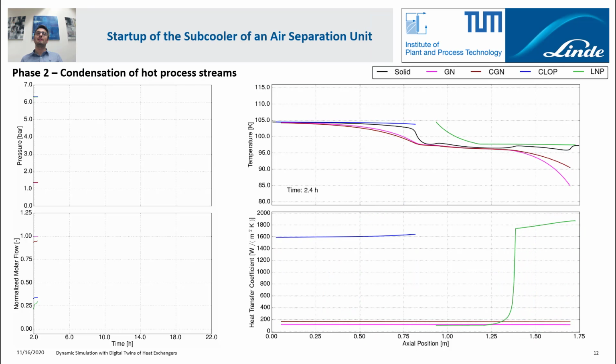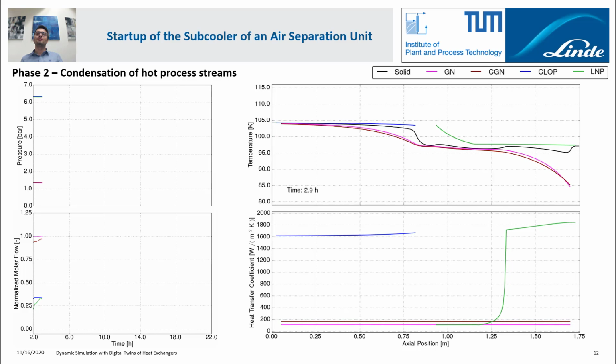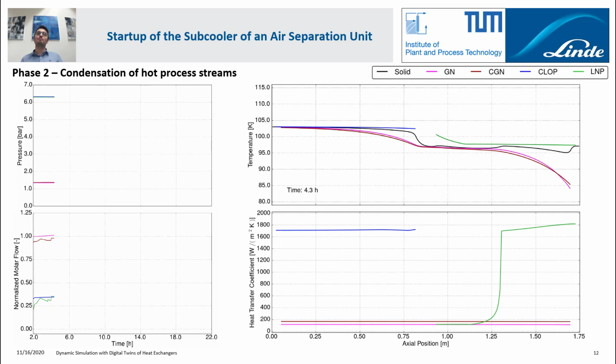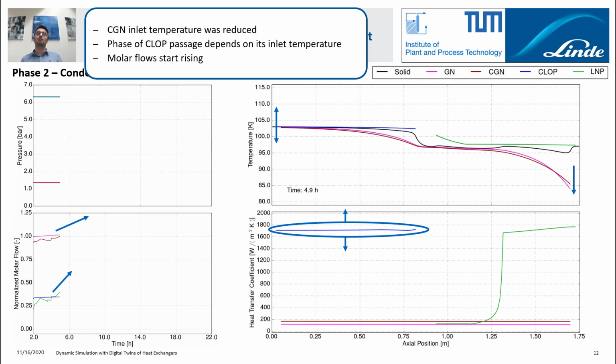Let's continue the simulation. You will notice that the CGN temperature drops down in addition to the GN temperature. Furthermore, the inlet temperature of the CLOP passage has changed and has dropped down and risen again. This means that the heat transfer coefficients of the CLOP passage have changed too. If the temperature dropped below the bubble point, we had a single-phase liquid CLOP passage with low heat transfer coefficients. At this point in time, we now have a two-phase CLOP passage with high heat transfer coefficients of the two-phase